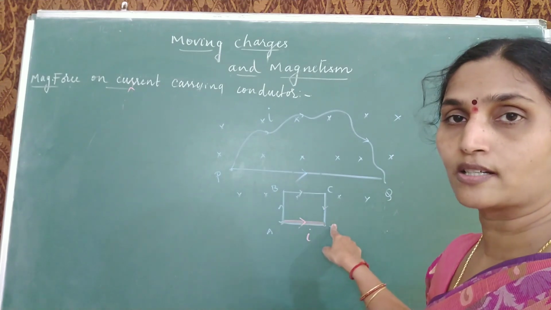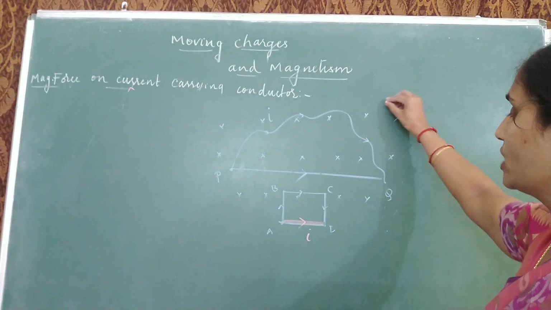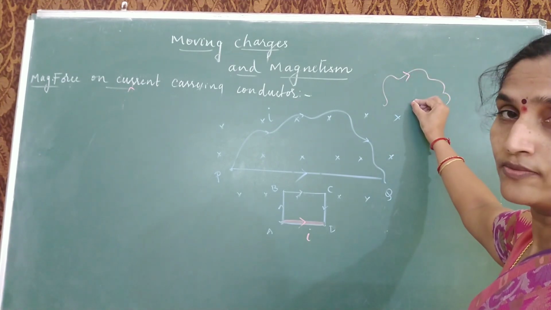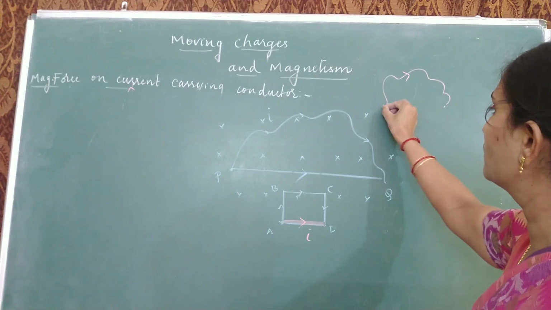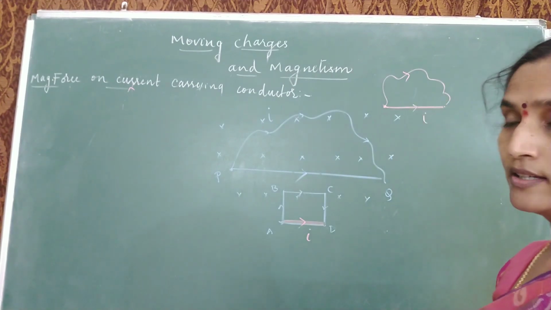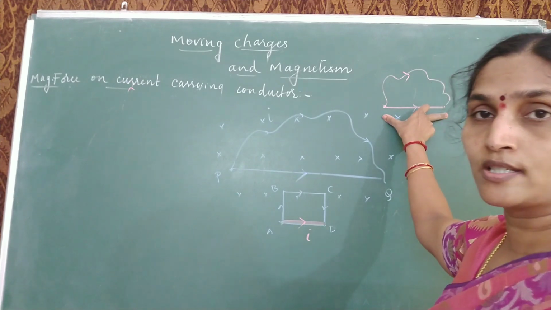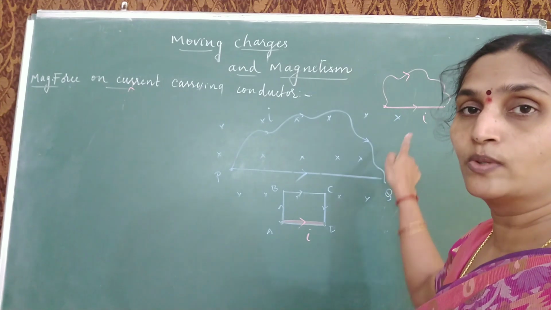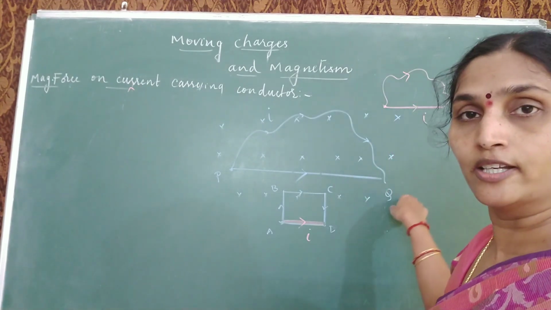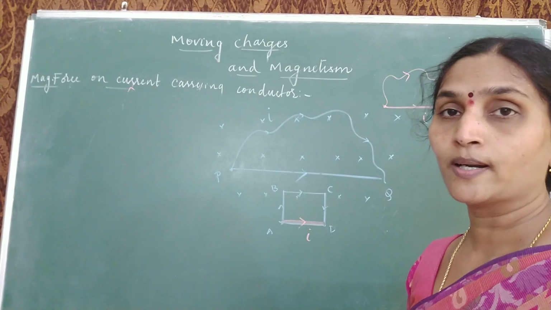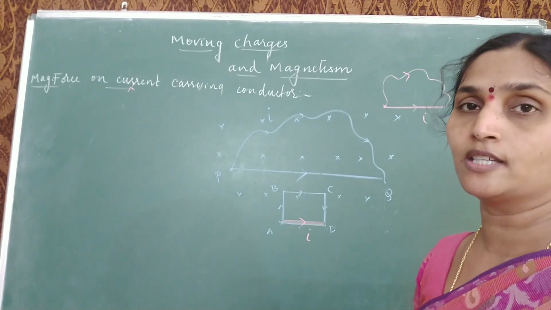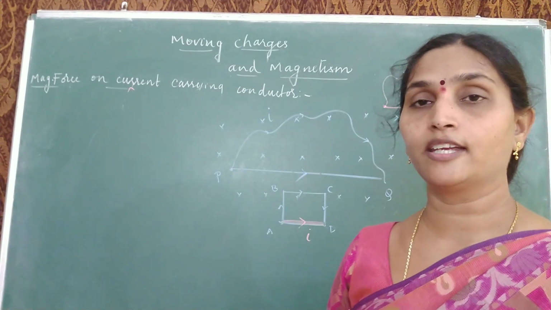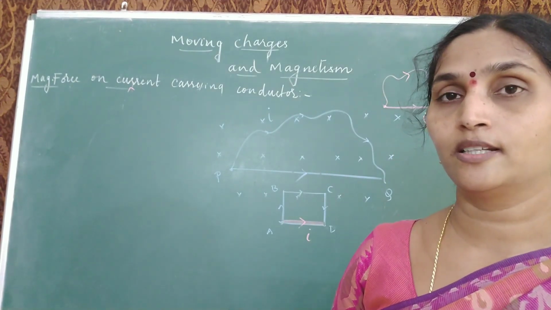Whatever may be the shape, some irregular shape is given. What are you supposed to do? If this is the direction of current, draw one straight line from starting to ending point. Let it be I. Evaluate its length. If you know the length of the closing side, find the force on the closing side, and you will be able to find the force acting on that irregular shape. If you remember this logic while solving objective questions, it becomes easy to solve them. So this is all about the magnetic force acting on a current carrying conductor when it is placed in an external magnetic field.